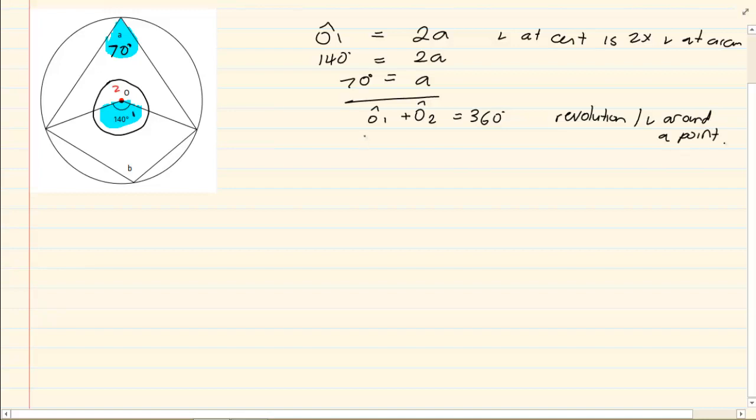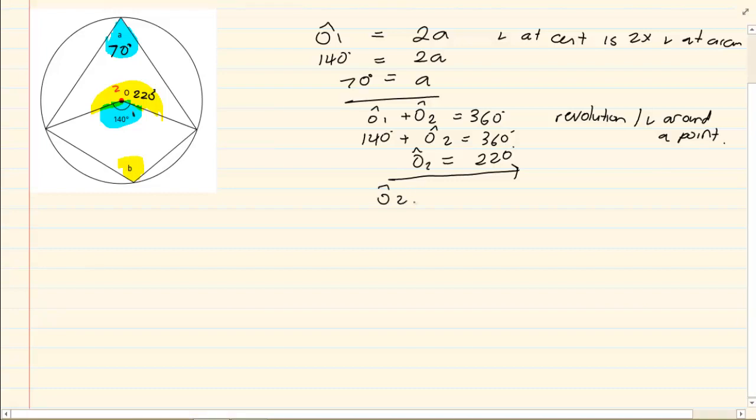Now, if O1 is 140 degrees, that would mean that O2 is equal to 220 degrees. Now, what am I doing? I'm working on top of the line, and then this one is on top of the line. So I know that O2 is going to equal to 2 times B. Again, angle at center, 2 times angle at circumference. That would mean 220 degrees is equal to 2B, giving me B equal to